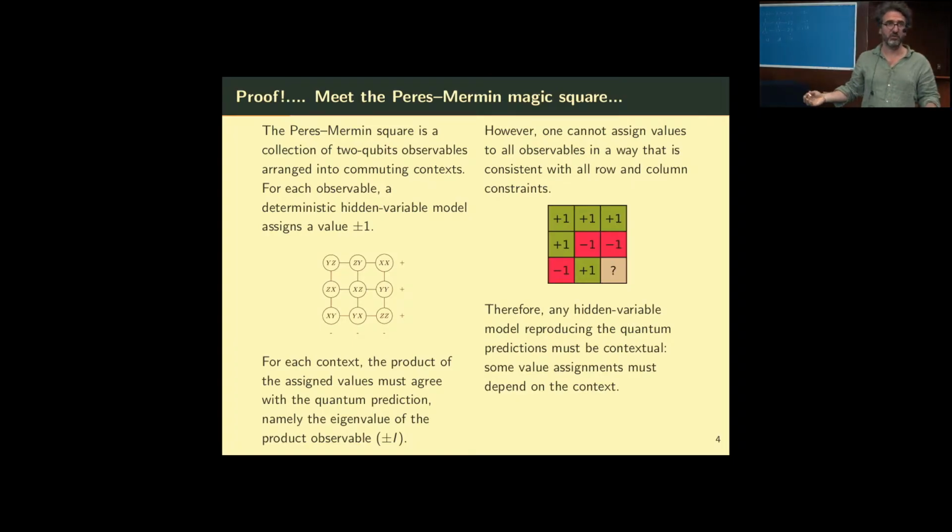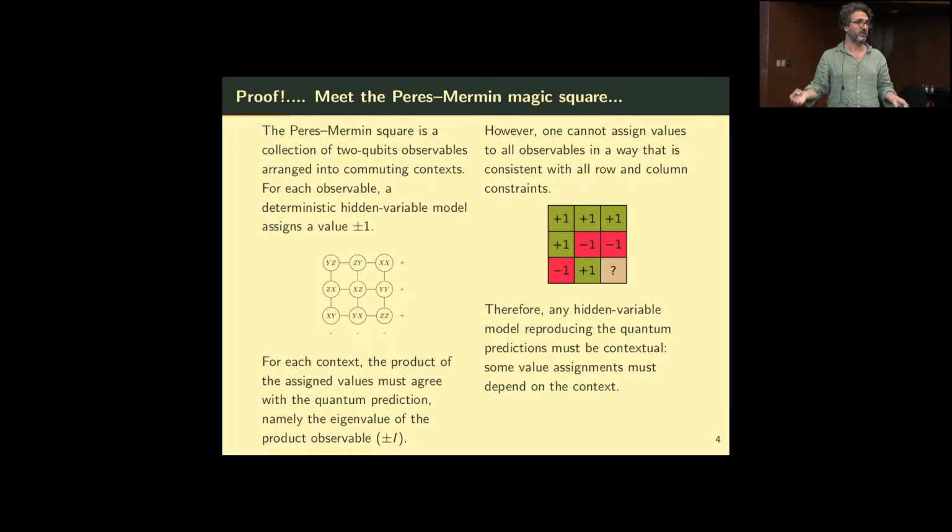So the game is the following. You have 9 nodes. Each of them corresponds to a 2-qubit experiment, which will produce plus or minus 1, depending on how you measure each of your qubits. And you have 6 constraints. If you measure the qubits following the first context, the result should be +1. The second context +1, third context +1, and then the column contexts should be -1, -1. You try to do that as much as you can, you will never succeed. It's what's represented by this